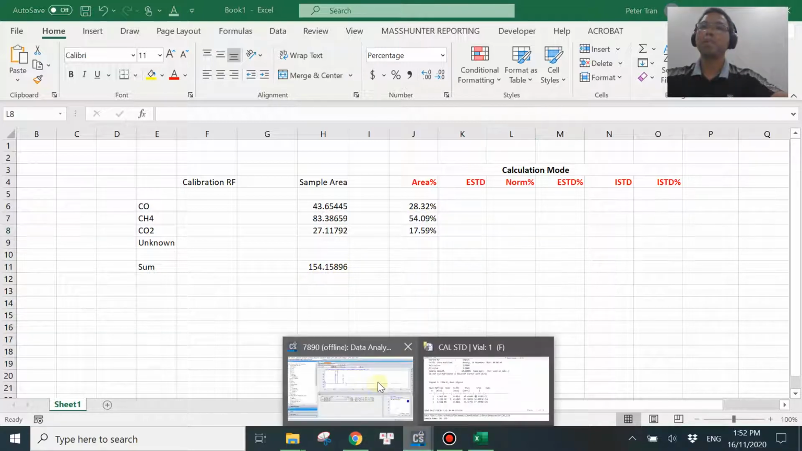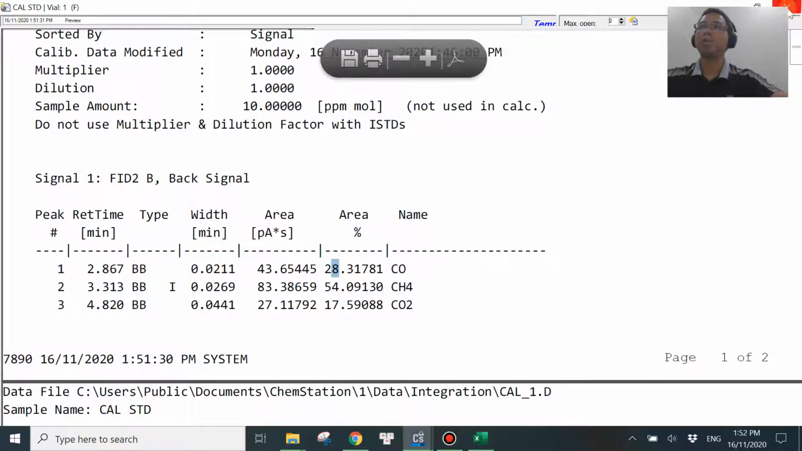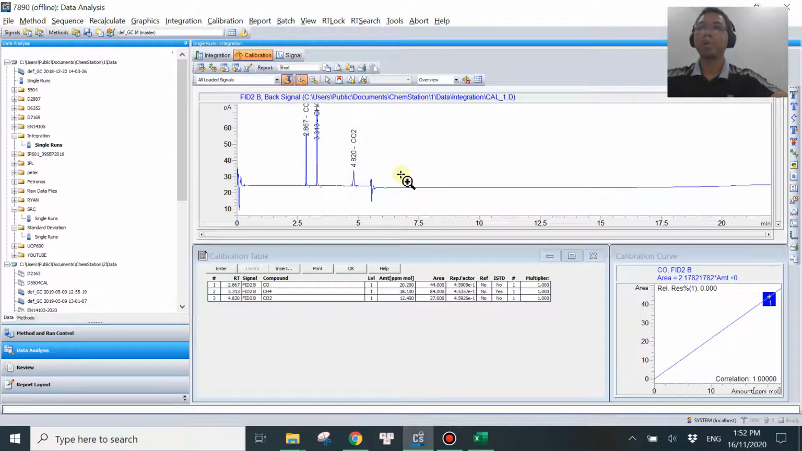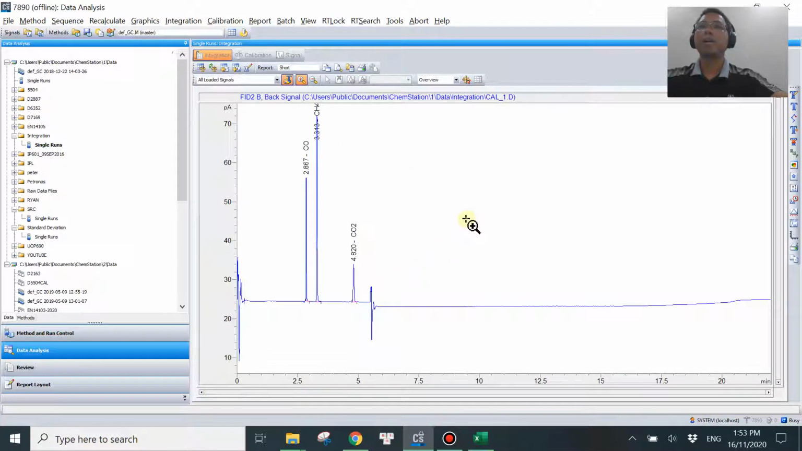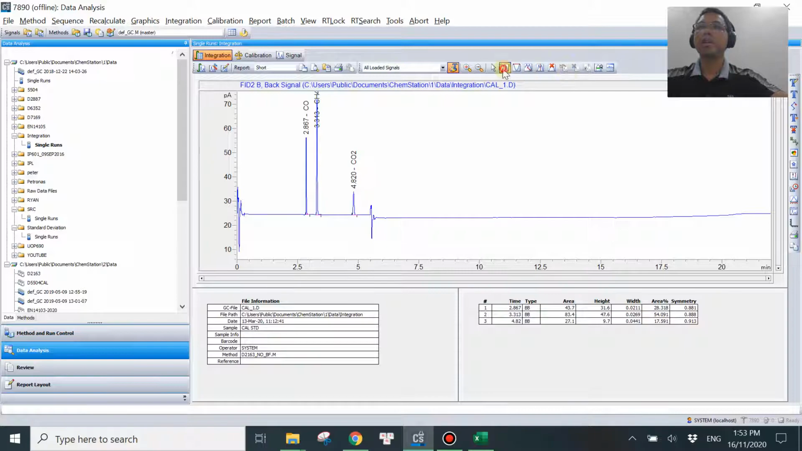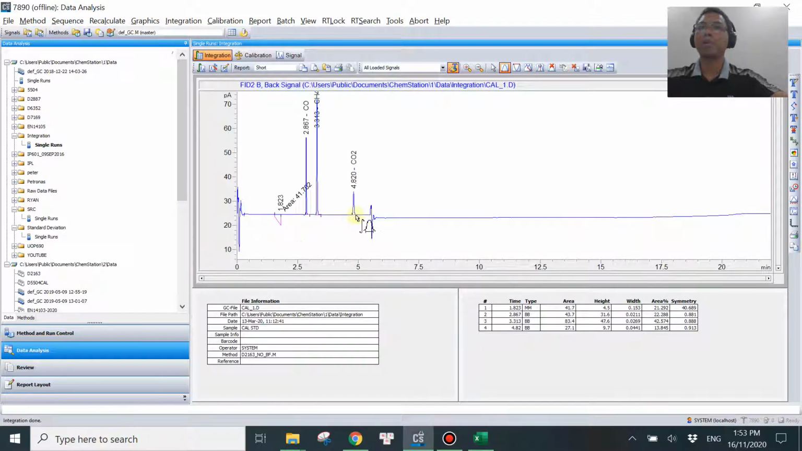So let's put into the situation that you have, let me close this. You have an unknown peak somewhere, and for some reason that peak is integrated. So let me demonstrate that. Okay, let me go into integration, and I just draw a manual integration somewhere. Let's say you have an unknown peak somewhere here, and for some reason it was integrated and you didn't notice that. And when you print the report, what will happen is,